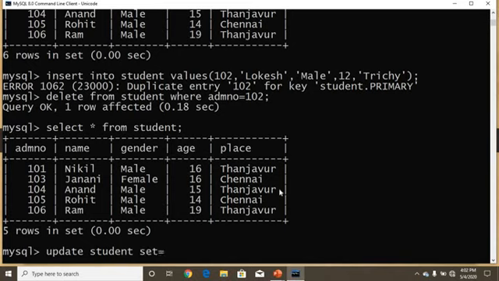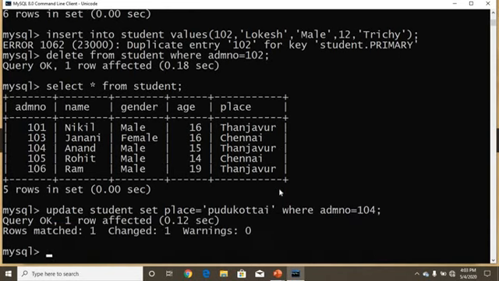Set what value we have to set. Set place equal to Pudukottai. For whom? The condition: where admission number equal to Anand's admission number. What is the admission number for Anand? 104. So see here, one row matched the query.